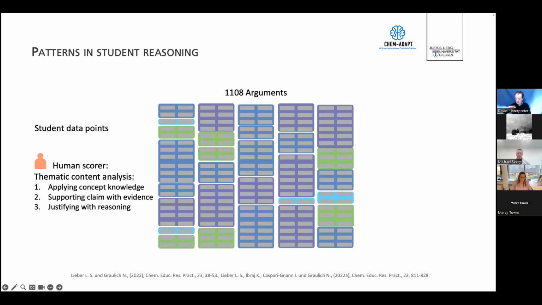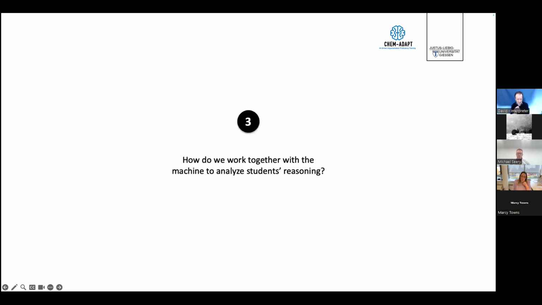And as a ChemEd researcher, although I'm quite focused on research, I thought this would never happen in practice. Even if the results were good from that study, this will not even happen in practice because no one has time to actually spend so much time to code so many arguments in a semester. So I said to myself, we need to make use of other methods to automatize that qualitative content analysis that we did in that study before.